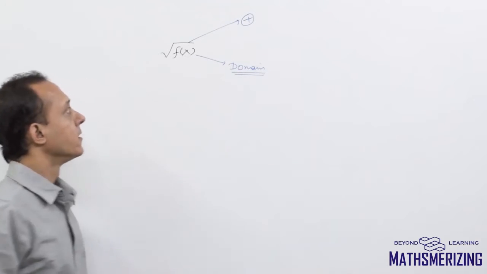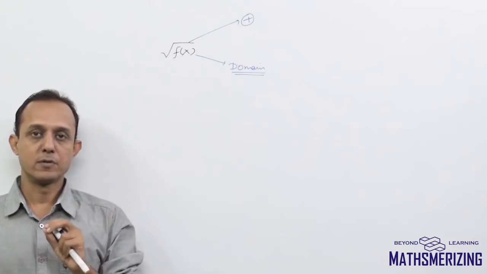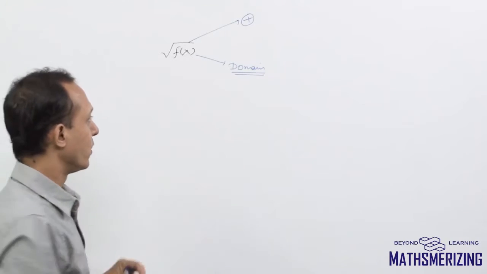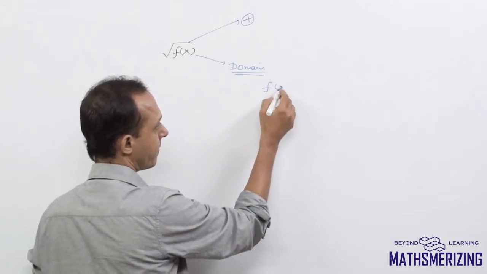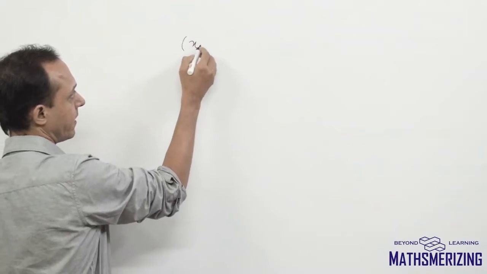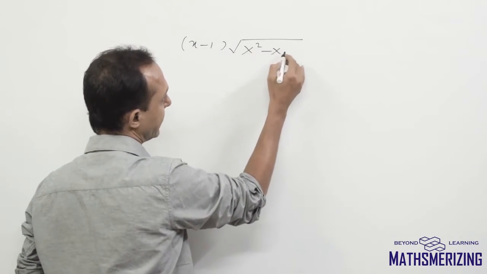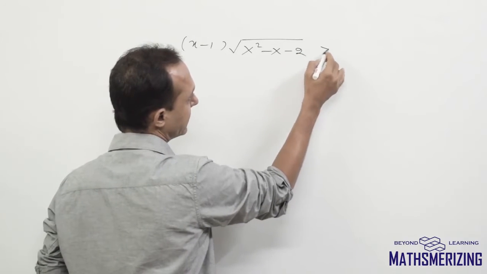its domain. So that is, this function f(x) cannot take all the values. This function can take the values only when f(x) is greater than or equal to 0. (x minus 1) under root of (x square minus x minus 2), and this is greater than or equal to